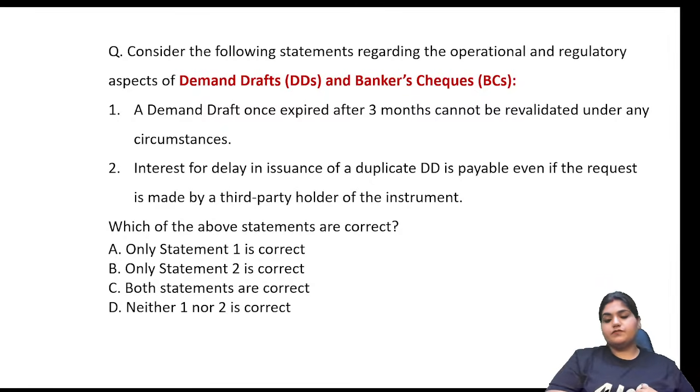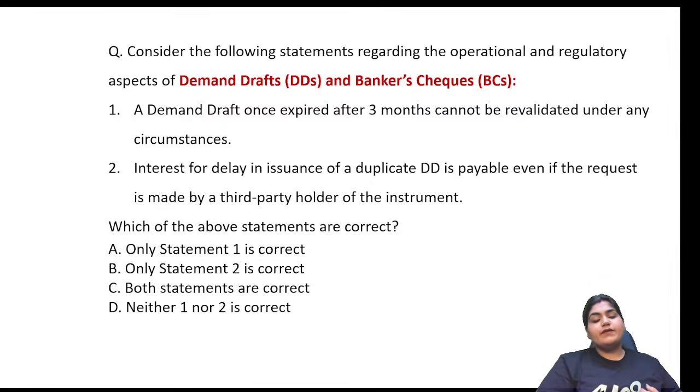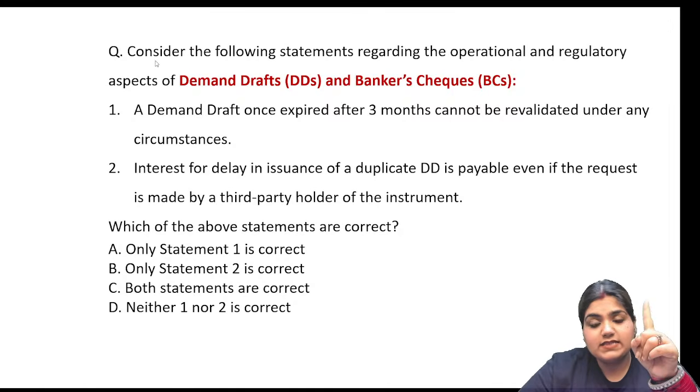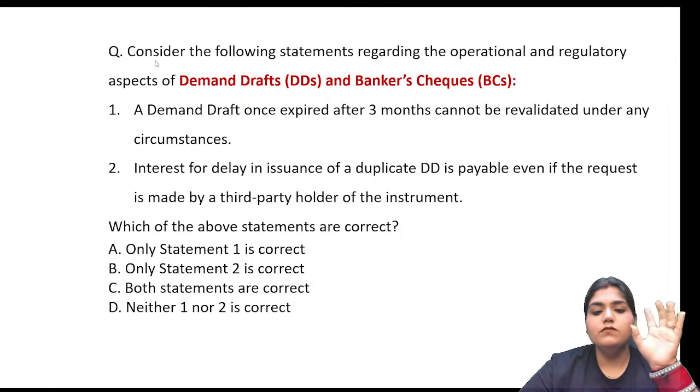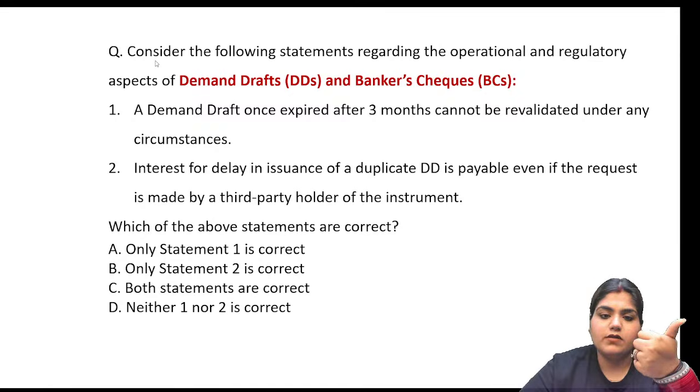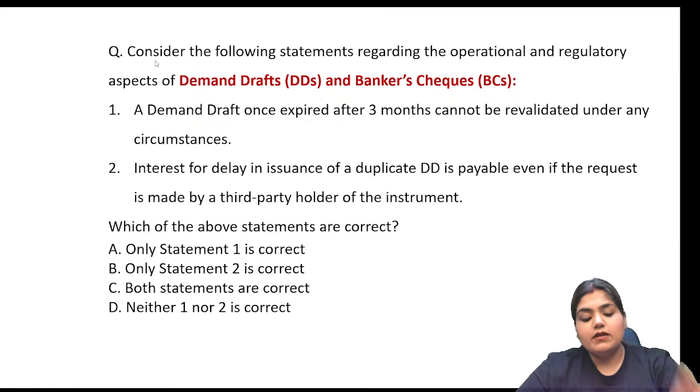Consider the following statement regarding the DD and BC. A DD once expired after 3 months cannot be revalidated under any circumstances. Incorrect. A DD can be revalidated once within a year. It can be, but within a year. Statement number 1 is incorrect. Next,